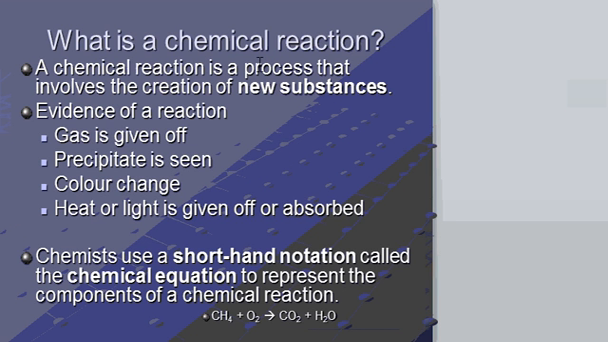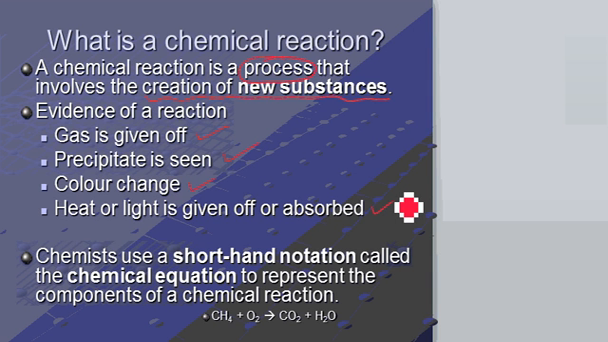So a chemical reaction is a process, and in that process, you get the creation of a new substance. And proof of that new substance is in the evidence. You will get gas given off. You may see a precipitate formed. You may get a color change. You may get heat or light absorbed. So these are pieces of evidence that show that the chemical reaction has taken place and a new substance has